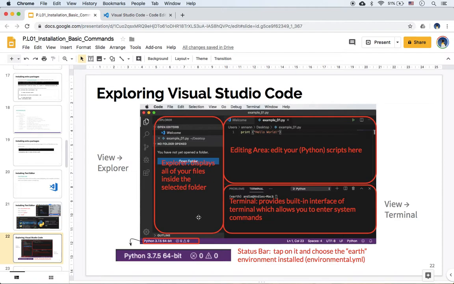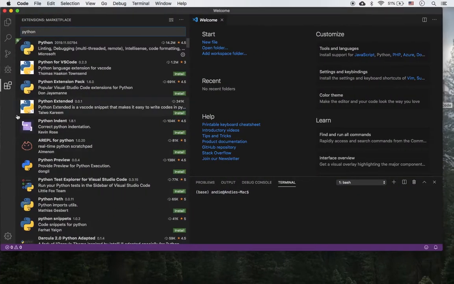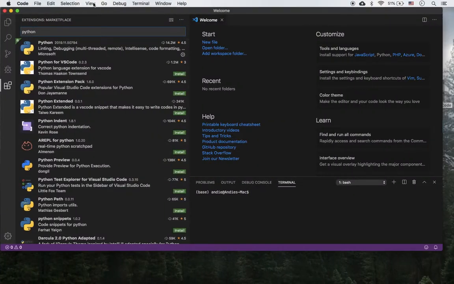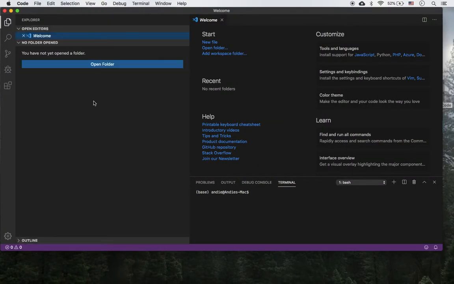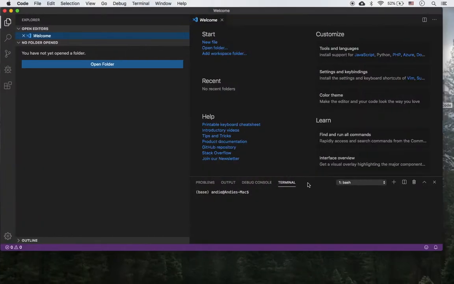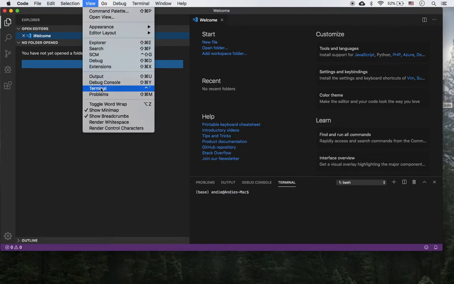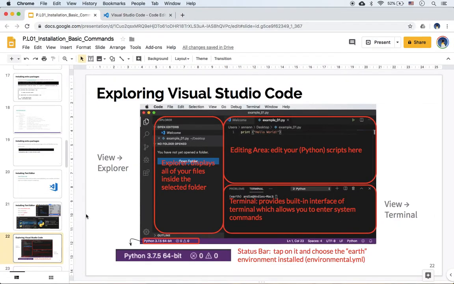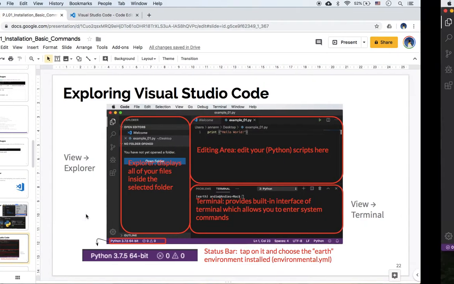After you have installed this, we need to explore a bit about this editor, Visual Studio Code. So how do we get into a page like this? First of all, we can click View and Explorer. And then this box is View and Terminal. So we already have the terminal here. The next step